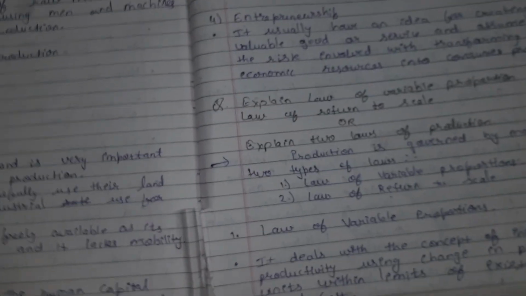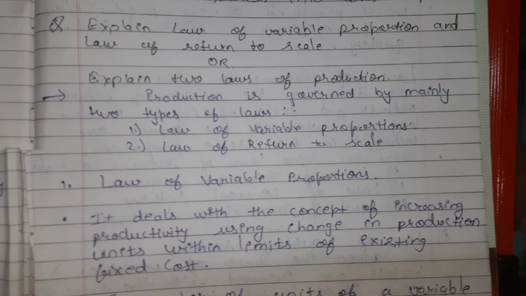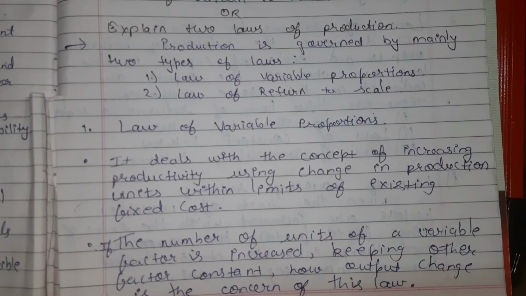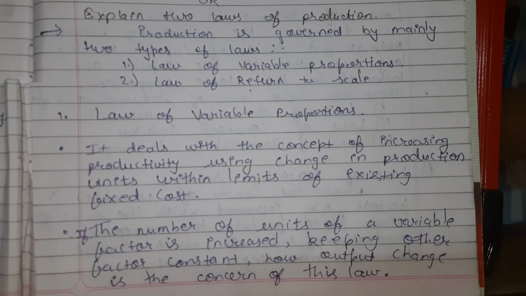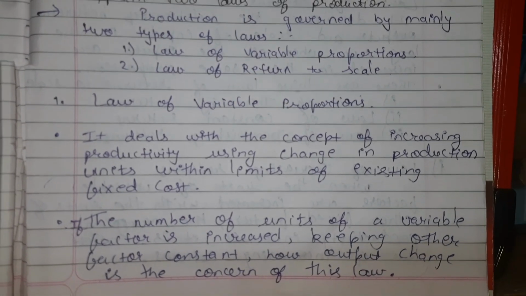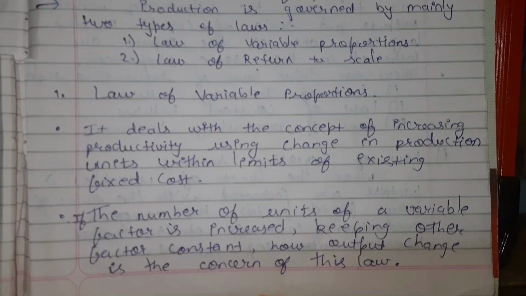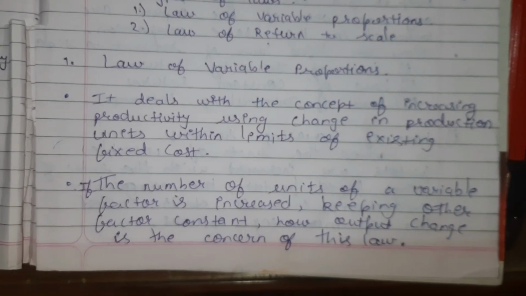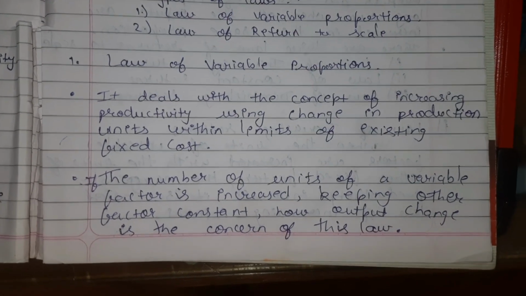In that, we will discuss that production is governed by mainly two types of laws: law of variable proportion and law of return to scale. First we will discuss law of variable proportion. It deals with the concept of increasing productivity using change in production units within limits of existing fixed cost. If the number of units of a variable factor is increased, keeping other factors constant, how output changes is the concern